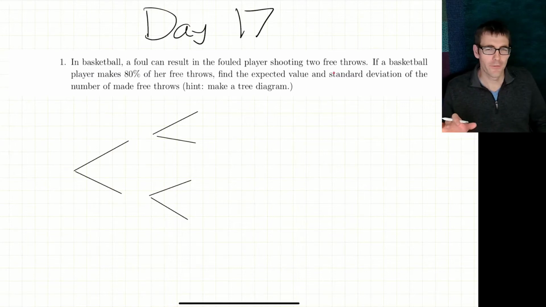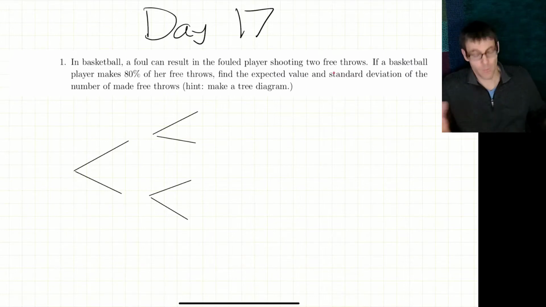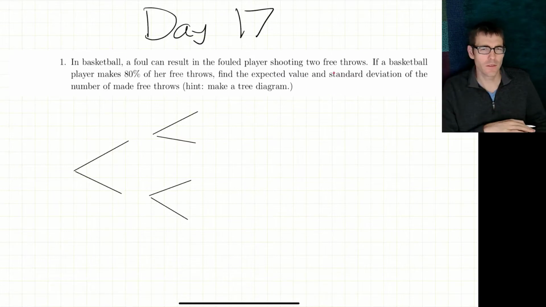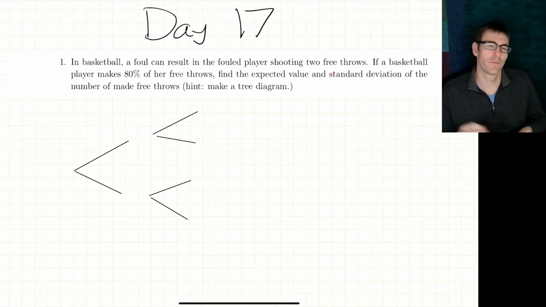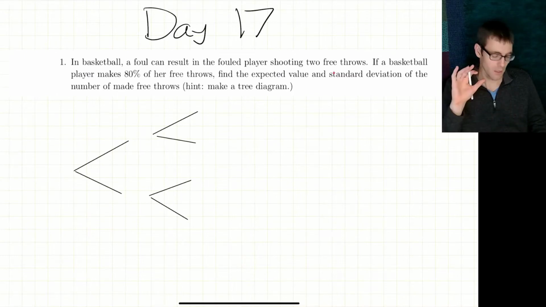So the assignment sheet for day 17 was a little on the long side. A lot of groups didn't quite finish, so I just wanted to go over the answers, or how I would go through these questions. Because it was a little bit long, I adjusted it for the second section. So if you're in the second time slot, your problems will look a little bit different than this. I took out a couple of them for time's sake, but it's worth noting that I'm using the first section's